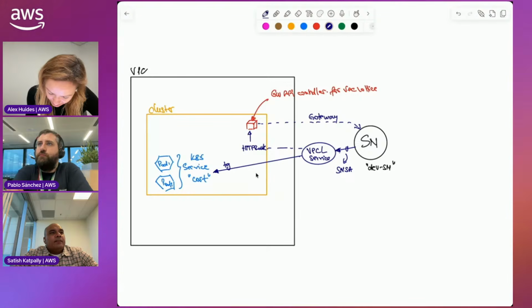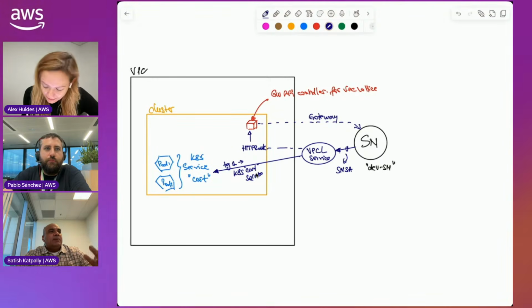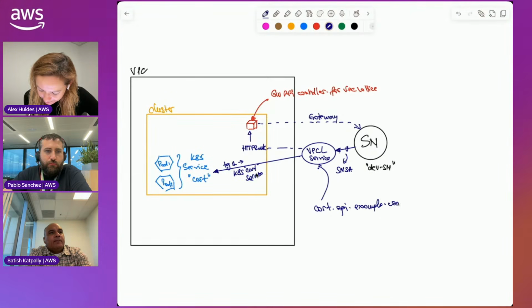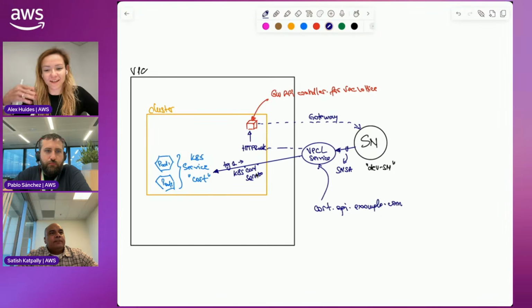And the target of this is target group 1. It's actually the Kubernetes cart service. Correct? That's right. And how you call cart is in the HTTP route itself, right? So let's say that this is cart.api.example.com. This is the custom name. Now, if you go into the Lattice console, for example, you're going to search for cart.api.example.com and you're going to see it there. It's going to have that custom name, and all will work.